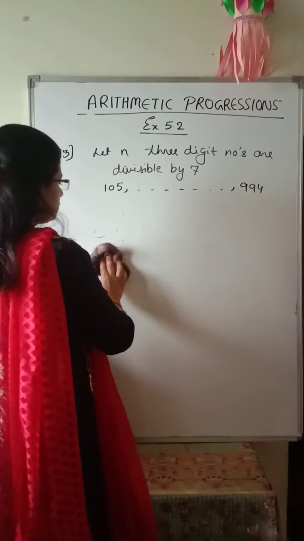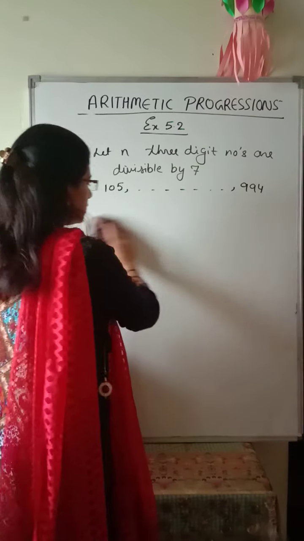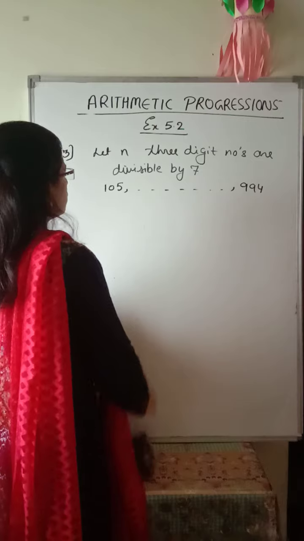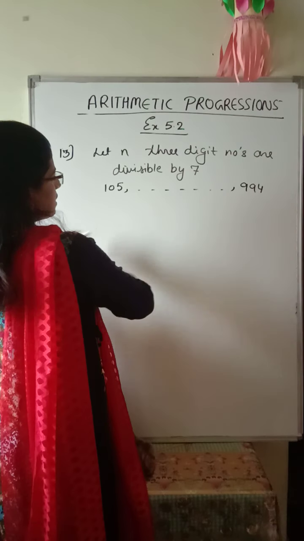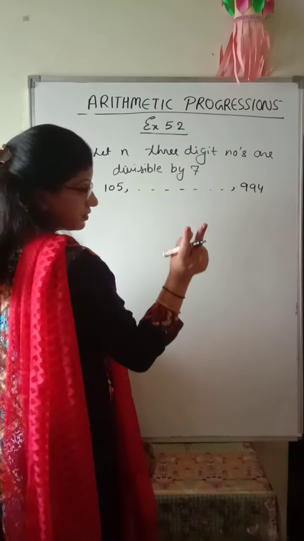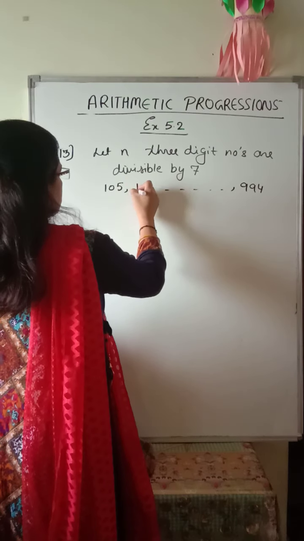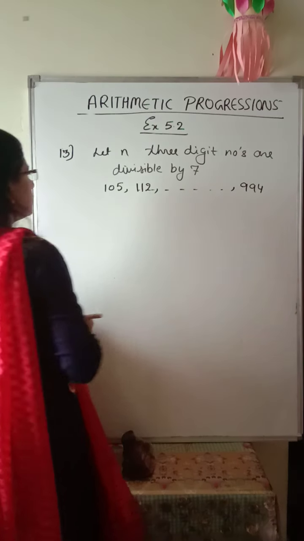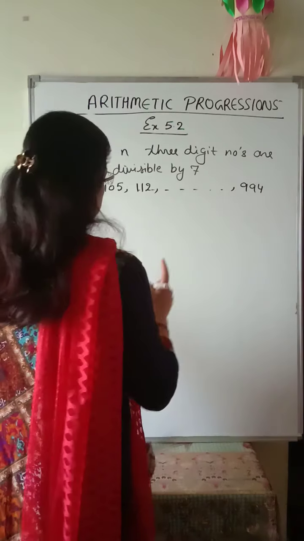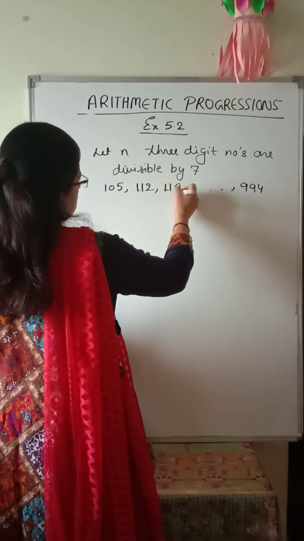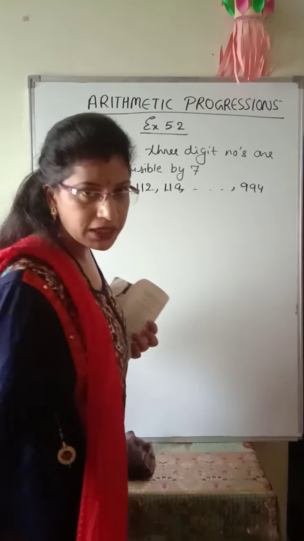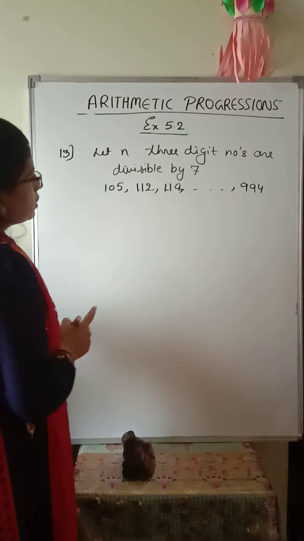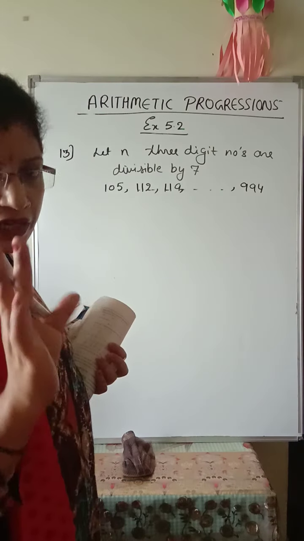Okay, so let us see, let us make the AP from this. So 107, then the next number is 7 add kar do isme because it should be divisible by 7. 112. Okay, then 7, 119 and up to so on, and last number is that. Okay, so what we want, how many terms are there, we have to find the value of n.